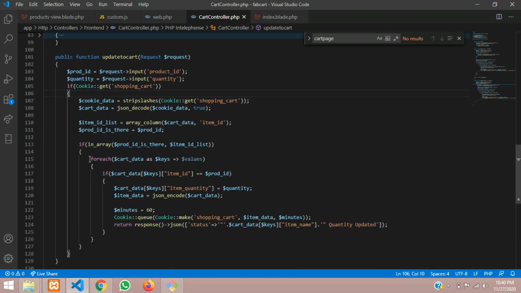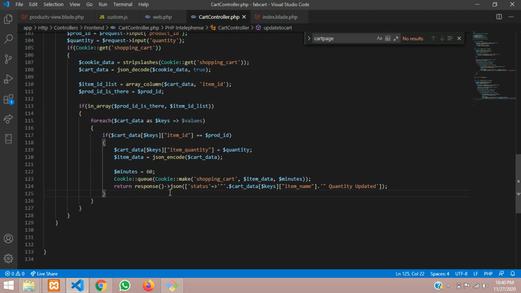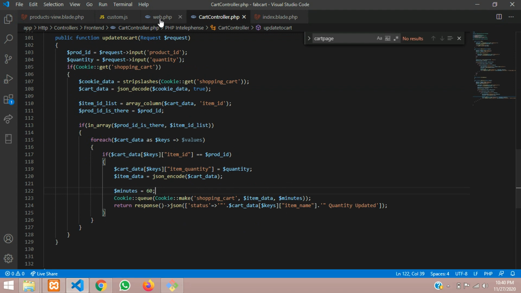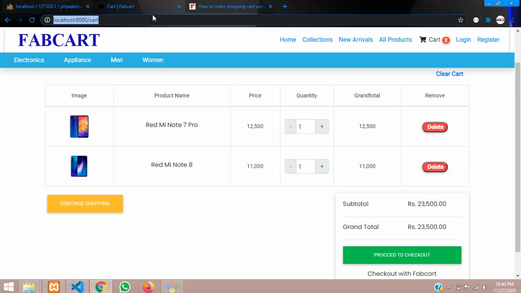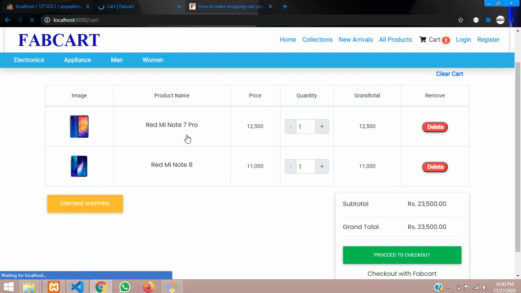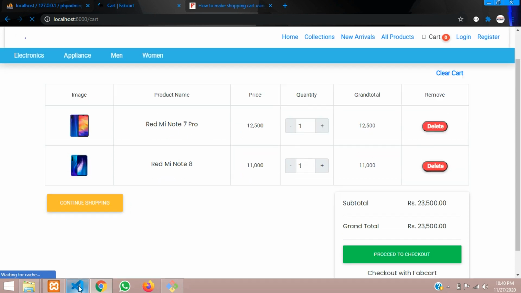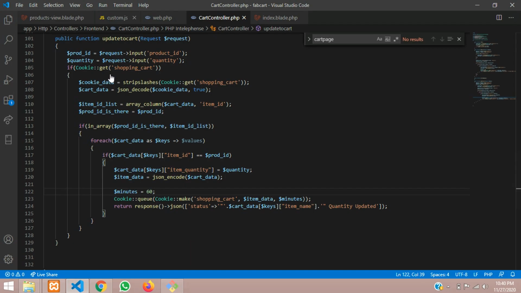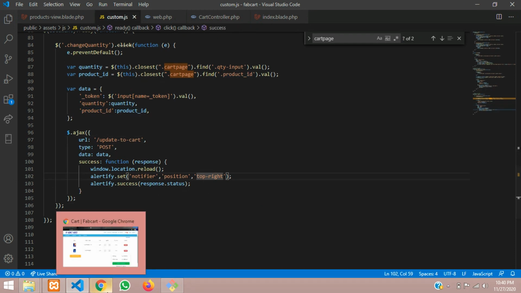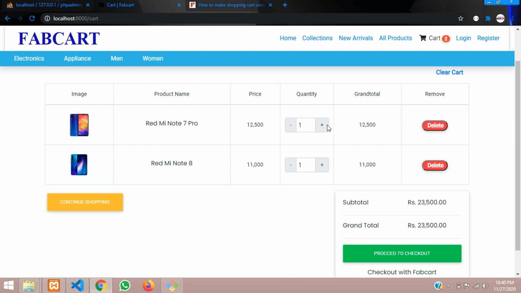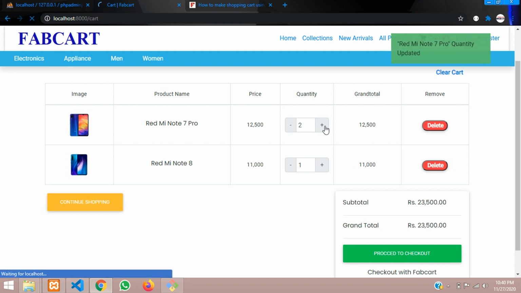Everything is set now. Now we will be testing whether it is working correctly or not. So let's check once. Let's reload the page. If the cache is not cleared, please press Ctrl Shift R, so your cache will get cleared and this JS file will start working correctly, because many times it gives mistakes. Okay, so now if I click, let's see what happens.